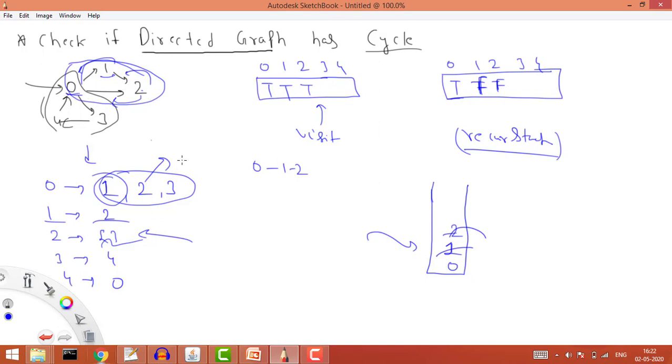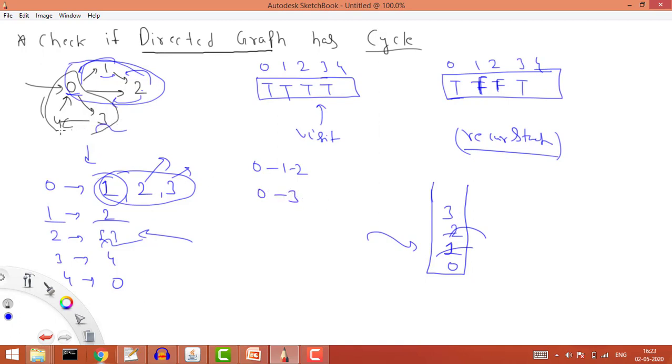Now for this 0 we have another neighbor, 3. So now it will go to 3. It will check whether this 3 is in the recursive stack. No. Whether 3 is visited. No, 3 is not visited, so I need to visit the 3. I'll mark visited here as true, and also here I will mark true. It means now in the stack I have put the 3. So now my stack is going from 0 to 3, and then I'll go further.